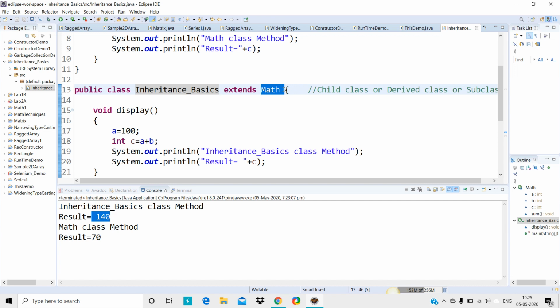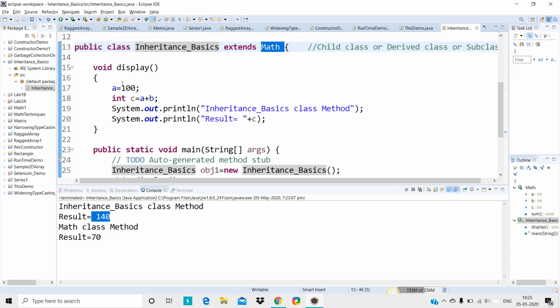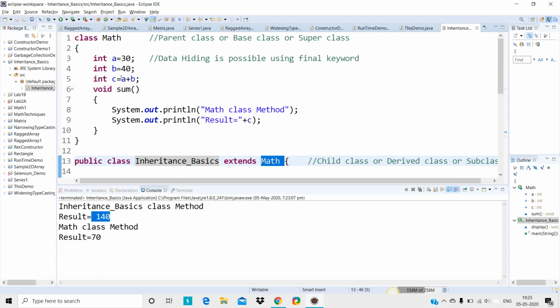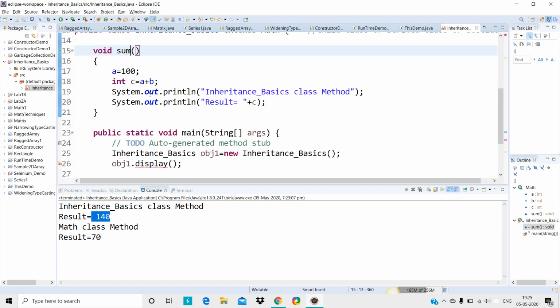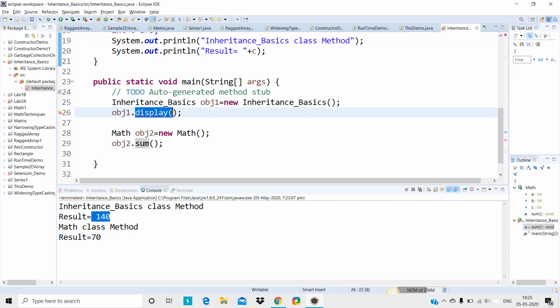And the last one is that overriding is possible. Overriding means, here the method name is sum. If I use the same method name in the base class, then it is called method overriding. So instead of display, I'll make use of sum only here. Now I have to change this display method in the main method. I'll change it to sum now. So what if I do it like this now?